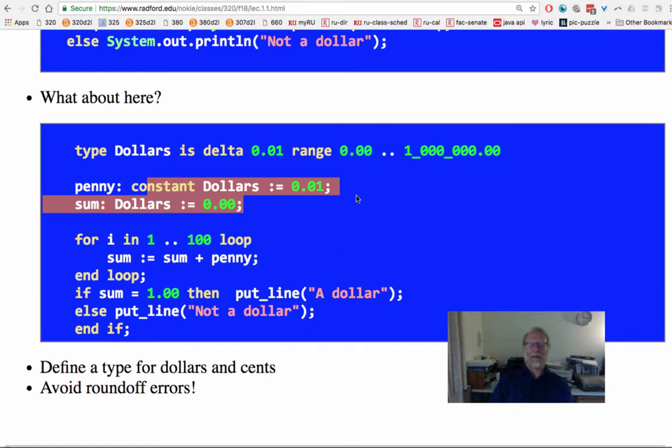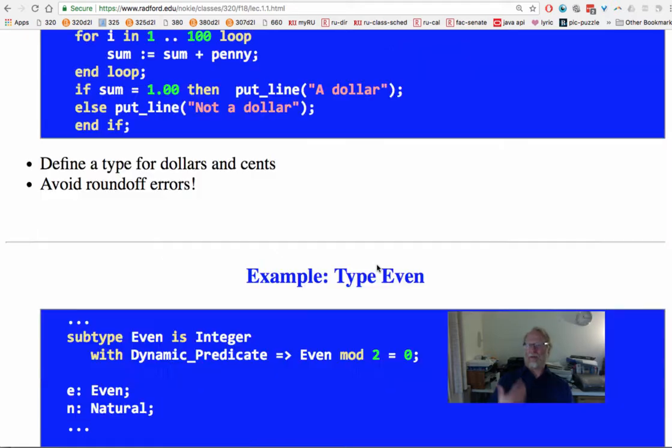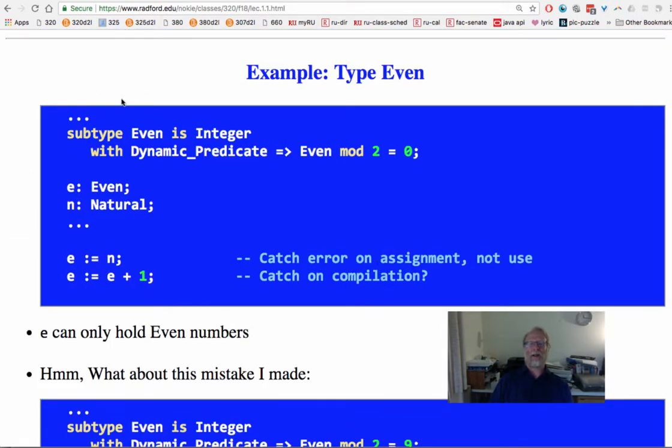So, okay. Again, you can express what you want better. You can even go ahead, here's a subtype of integer. Subtype Even is Integer with a dynamic predicate: Even mod 2 is equal to 0. Every even number must always meet that constraint. This is a pretty simple one, Even mod 2, but you can imagine more complicated constraints about being prime,